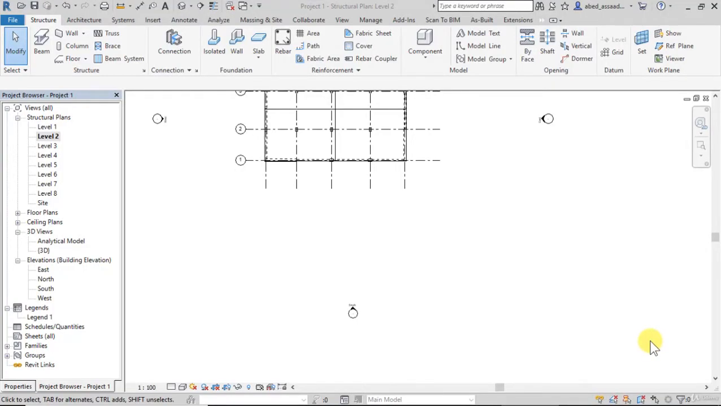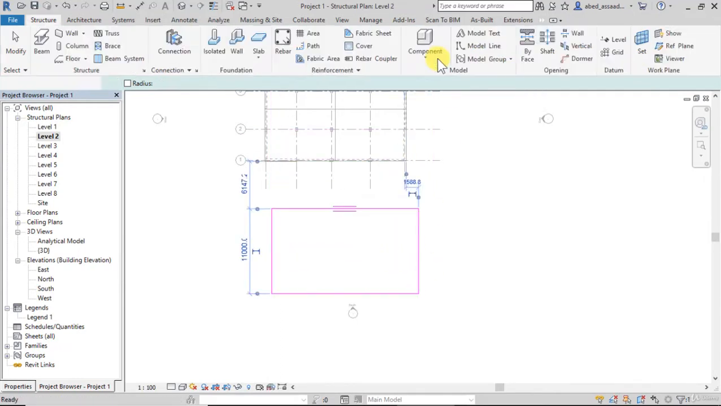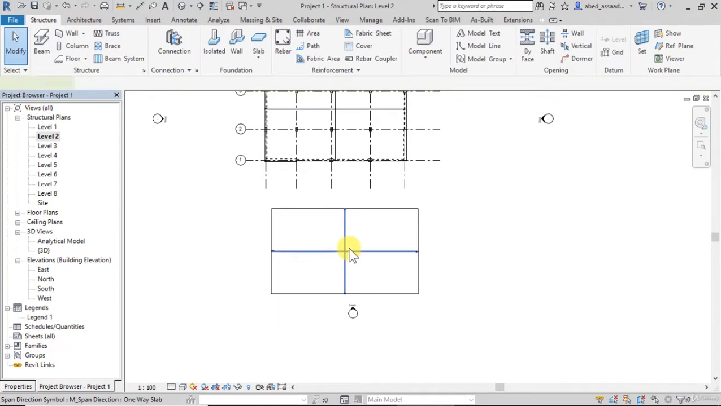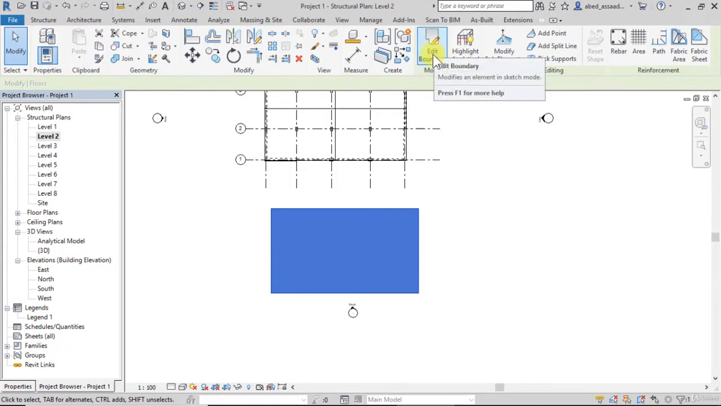Hello, in this lecture I will talk about opening. Firstly, I click structure floor and draw a rectangular slab. Finish. We'll delete the span directions. If I click on the slab and click edit